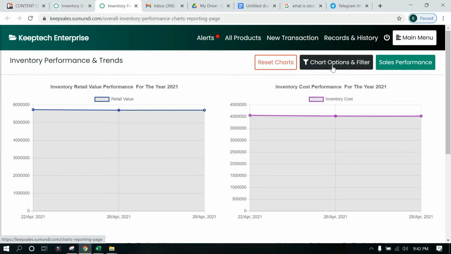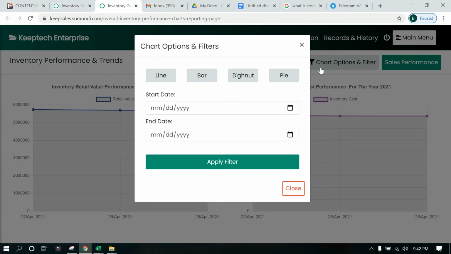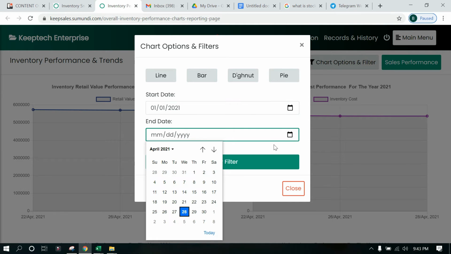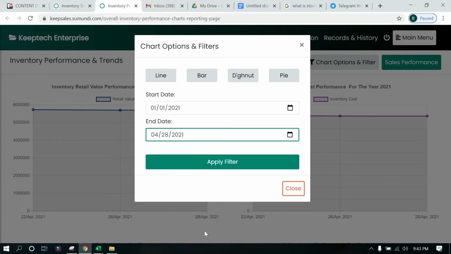One of the things you can do is, because it is for the year by default, you can actually choose an interval. So let's just say you want to see your inventory performance graphs for the past 3 months or for the past 1 week. This is where you come to. Let's just say we decide to choose the beginning of this year, which is January 1st, and then we make the end date, let's say, this year. When we apply filter,